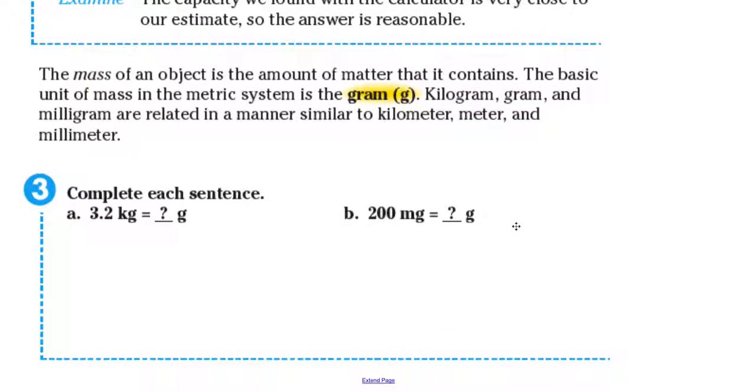Alrighty, okay, and let's use. We talked about length, we talked about capacity. There's one more. The mass of an object is the amount of matter it contains. The basic unit of mass in the metric system is the gram. Okay, so we have our kilogram, gram, and milligram